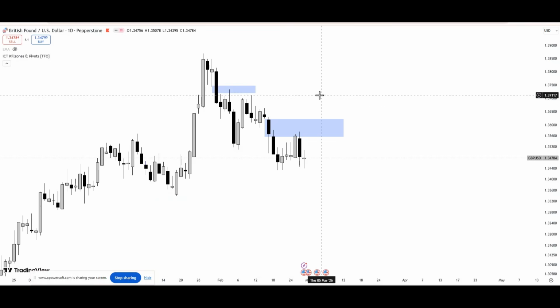So if you look at the daily time frame, it's so clear. You can see the order flow is bearish. Price is respecting bearish PDRAs while violating bullish PDRAs. So you can clearly see on the daily time frame, if you were to look at the bias and the direction, this clearly looks like bearish momentum.